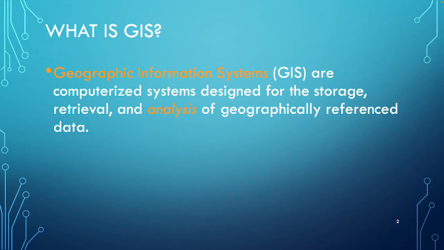So, the first thing is a definition. Geographic Information Systems, or Geographic Information Science, depending on which version of that you use. So systems is kind of going away, and GIS professionals are starting to refer to themselves a little bit more as science, because it's not just about ways of displaying data and holding data. It's the analysis part that's becoming increasingly more common, and that is a significant, and it is a kind of